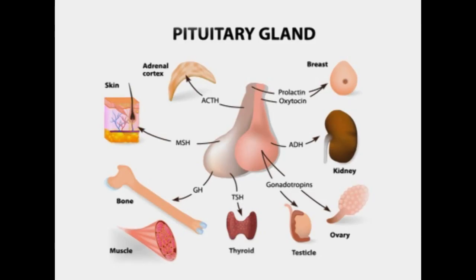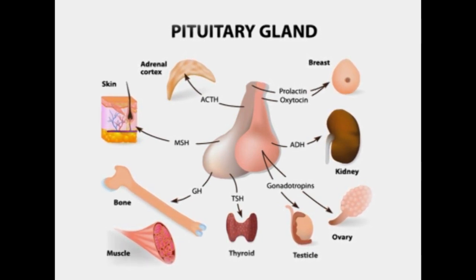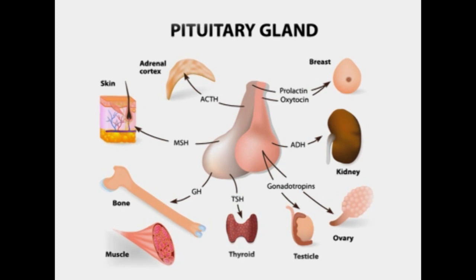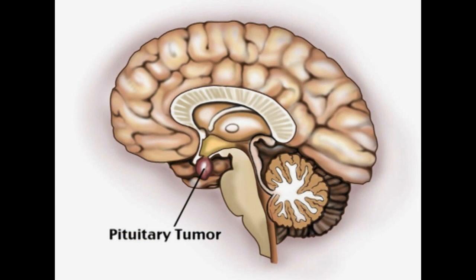glands like adrenals, ovaries and testicles, as well as controlling growth in children and normal kidney function. Pituitary gland failure means that the other glands may also be failing and other treatment than thyroid treatment may be necessary. The most common cause for pituitary gland failure is a tumor of the pituitary, and this might also require